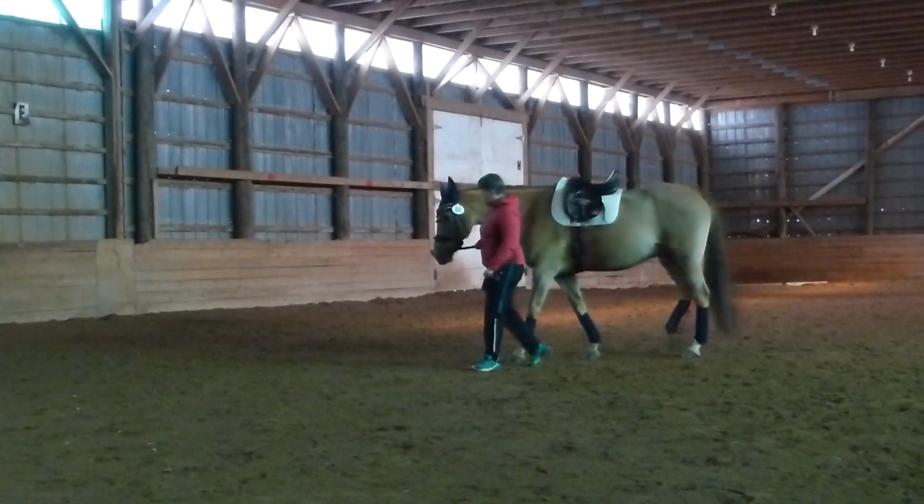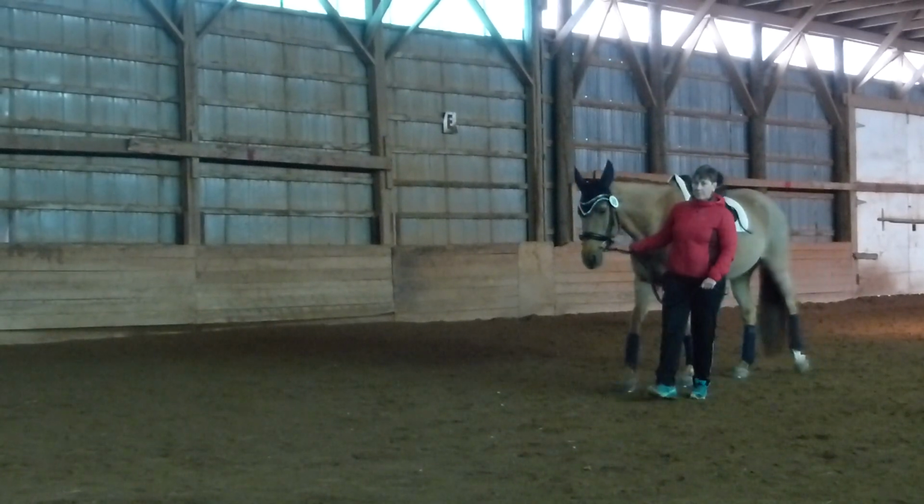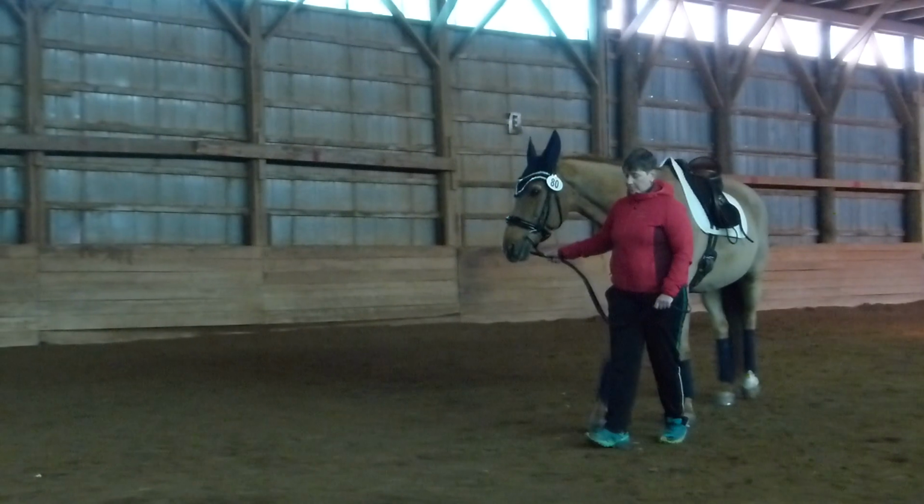Bitless bridles are not allowed. Decorative or colored reins, and anything that covers the bridle buckles is not allowed, which is pretty standard in most